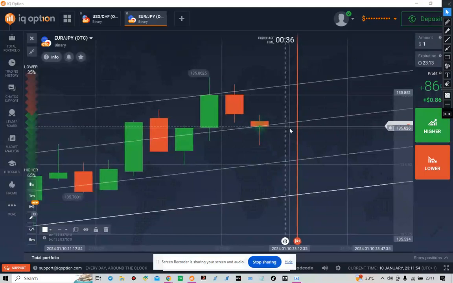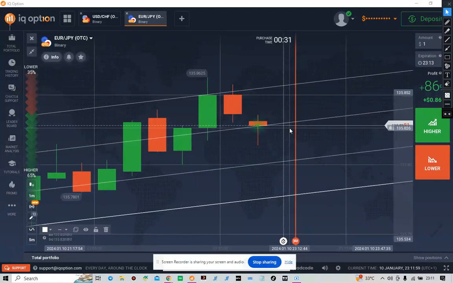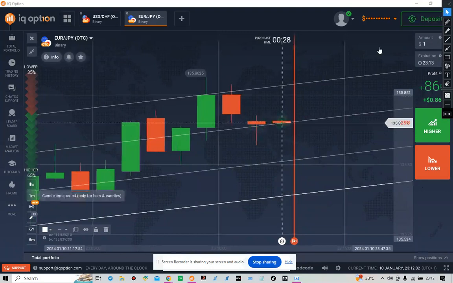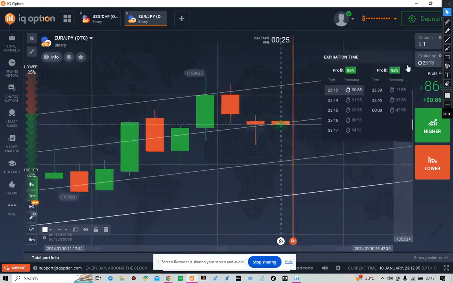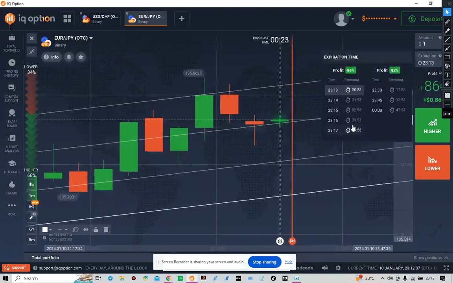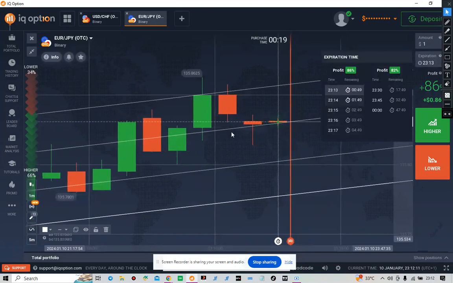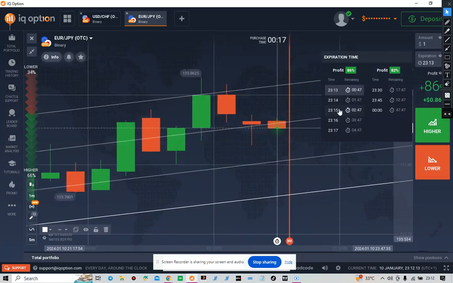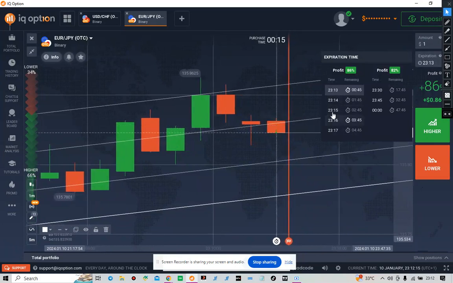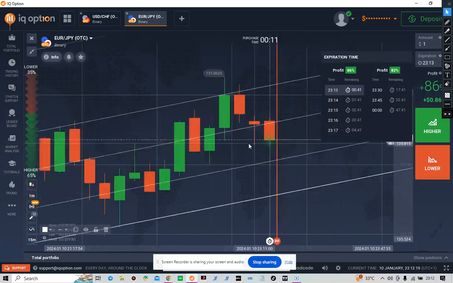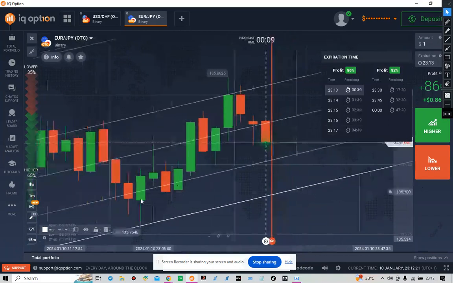So tomorrow I'm going to show you how to trade the 1 minute candle with 5 minute expiry time. Most especially I use 5 minutes. If I use 2 minutes, I might use another strategy for that, or for 3 or 4 minutes, but I like to use 5 minutes because I expect the market to go down for 5 minutes. Just like this, I expect the price to go up for